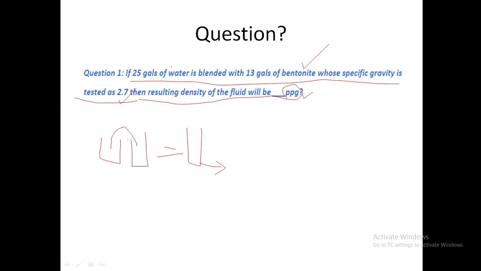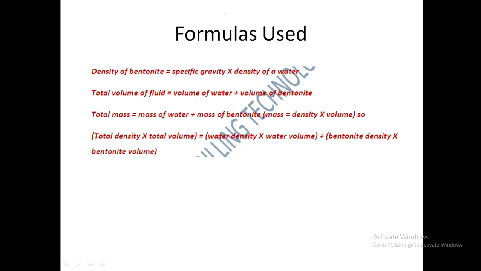So I am trying to convert the density of bentonite in terms of ppg. Let us see the formula we are going to use. First we have to identify the density of bentonite, because we only know the specific gravity of bentonite. As we all know, the specific gravity is equal to the density of a substance divided by the density of water, right? So after finding the density of bentonite, the final volume